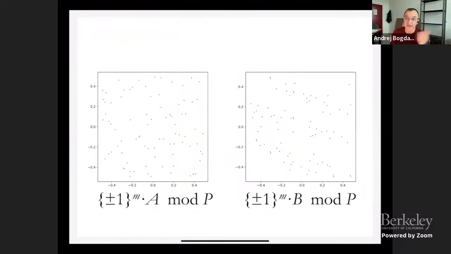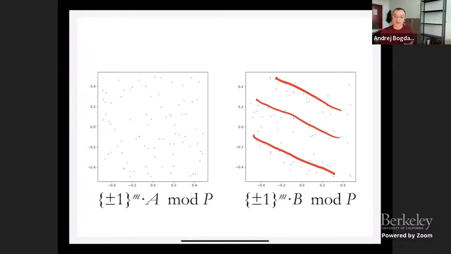So this is what happens when I take random +-1 combinations, but now I do it modulo the parallelepiped. The picture here is just what happens inside the parallelepiped, so these two axes are the 2 points that we chose. You see that the left picture looks pretty random. The right picture also looks a bit random, but if you squint really hard, you can still see the lines. But now they're noisier, so it looks like things are going in the wrong direction for us. We don't see the lines as clearly. It turns out that's true, and there is a reason why it's noisier, but it has one big advantage.